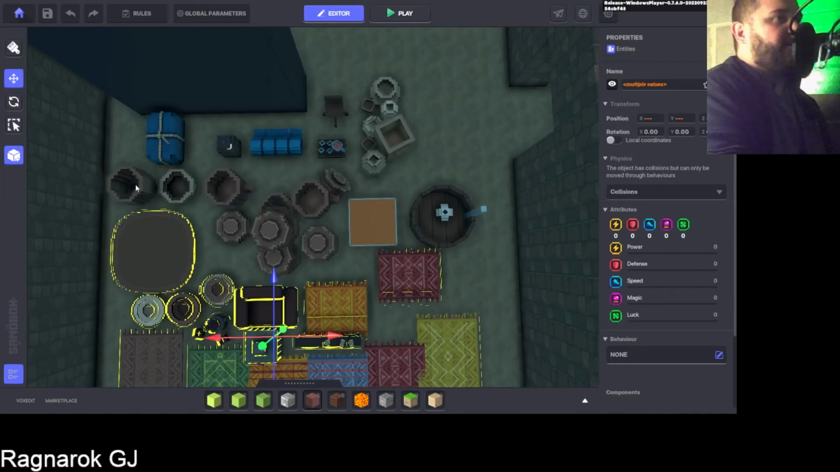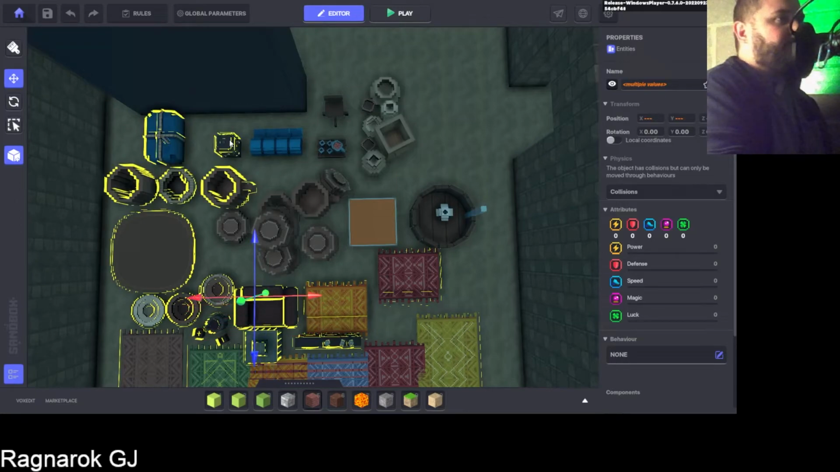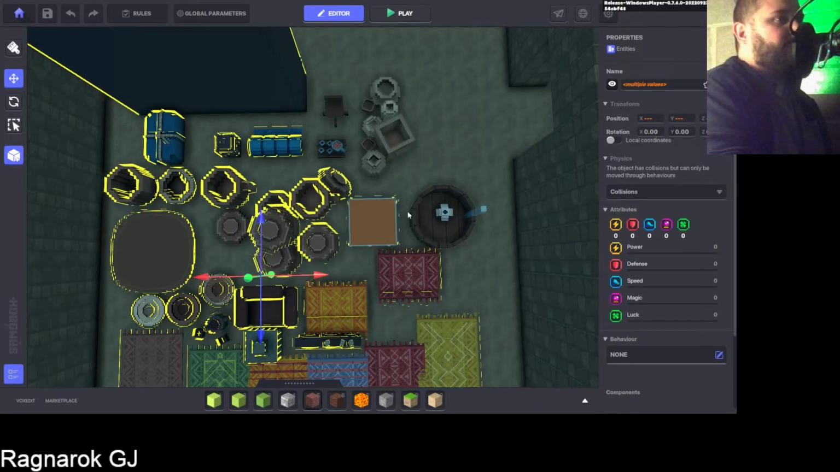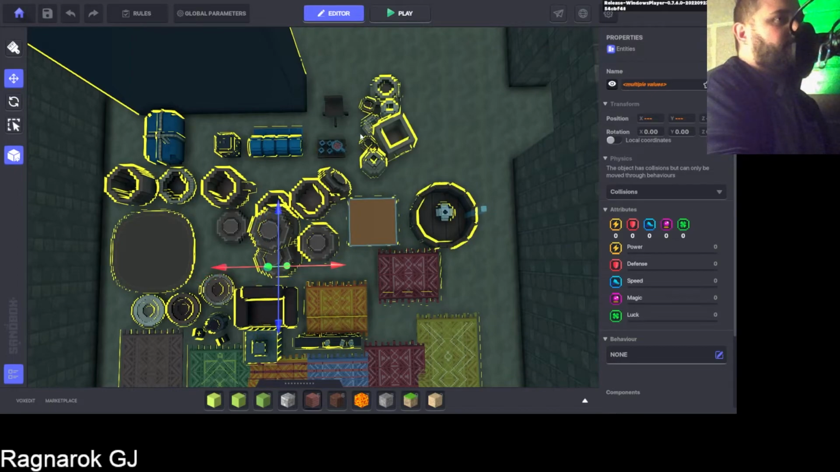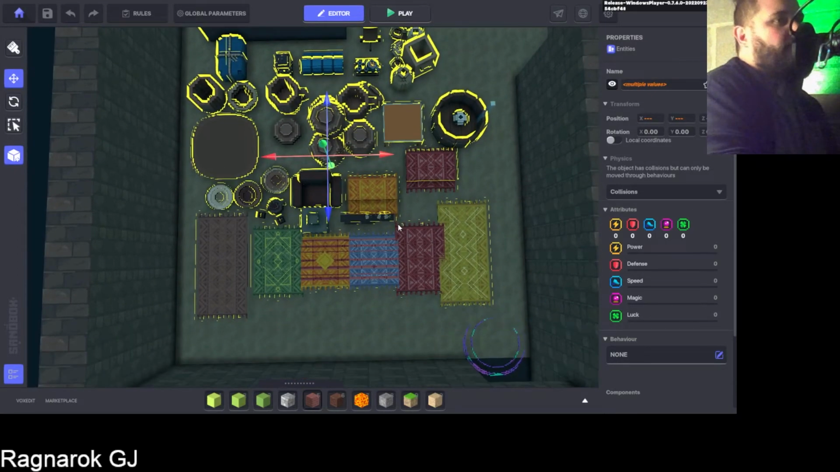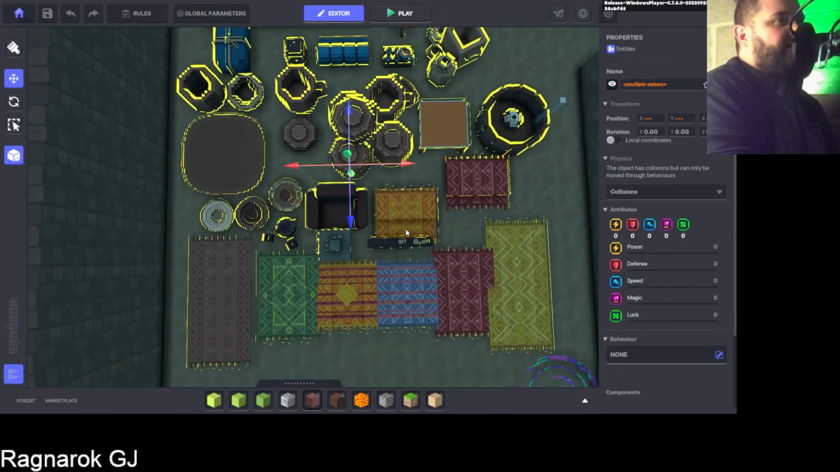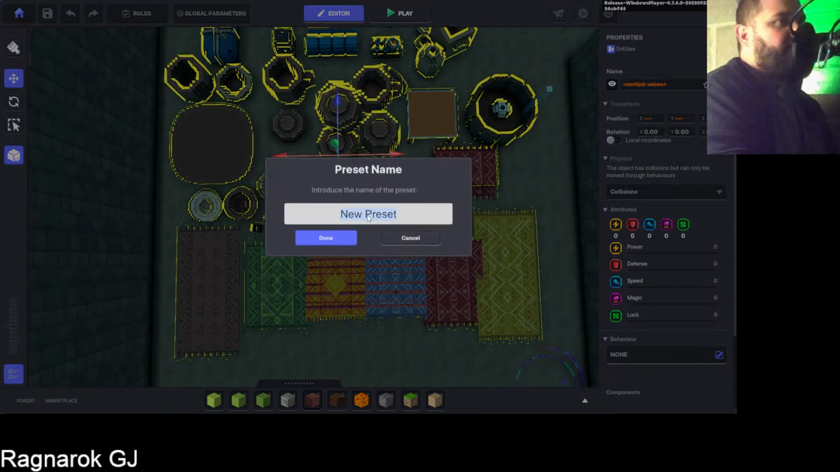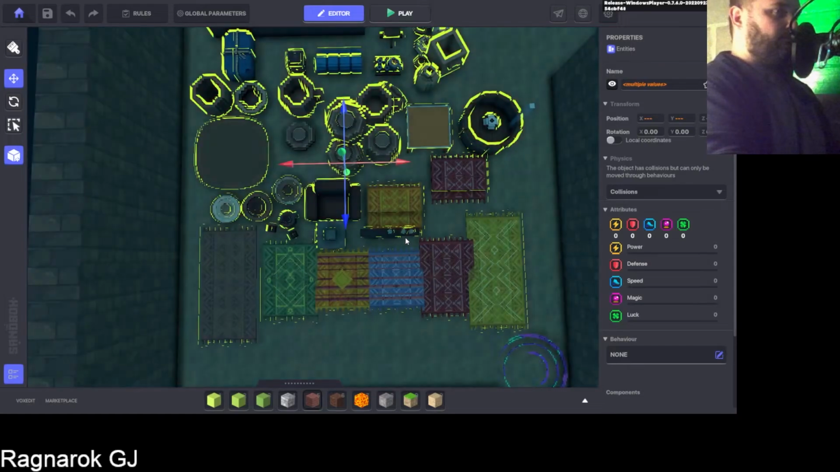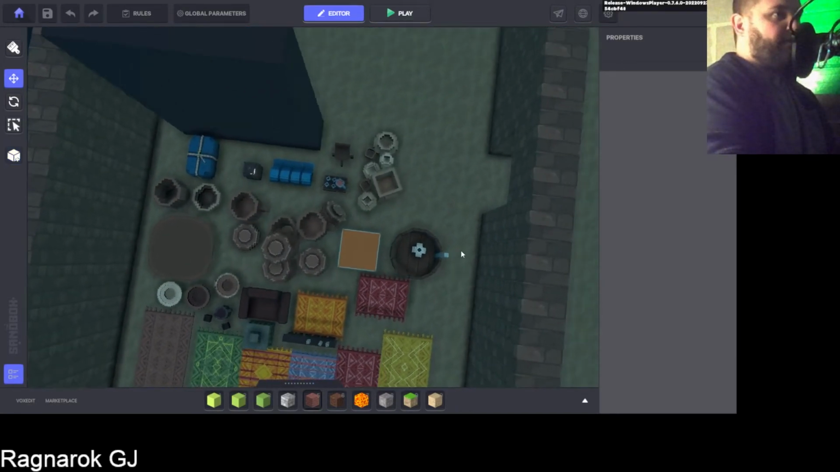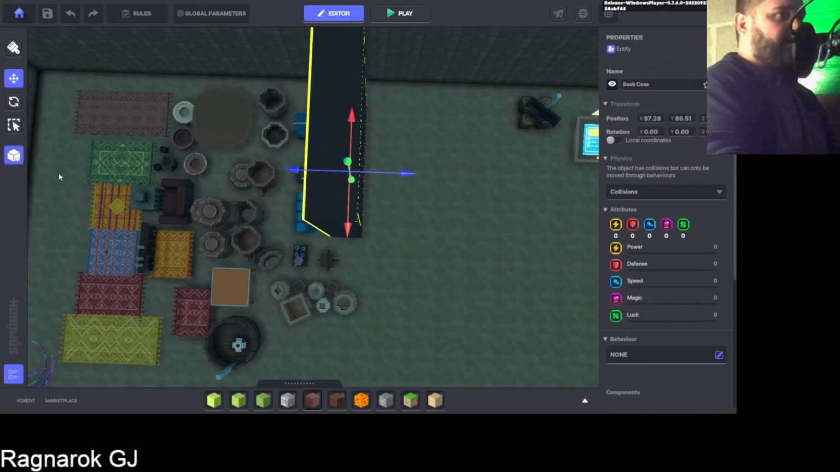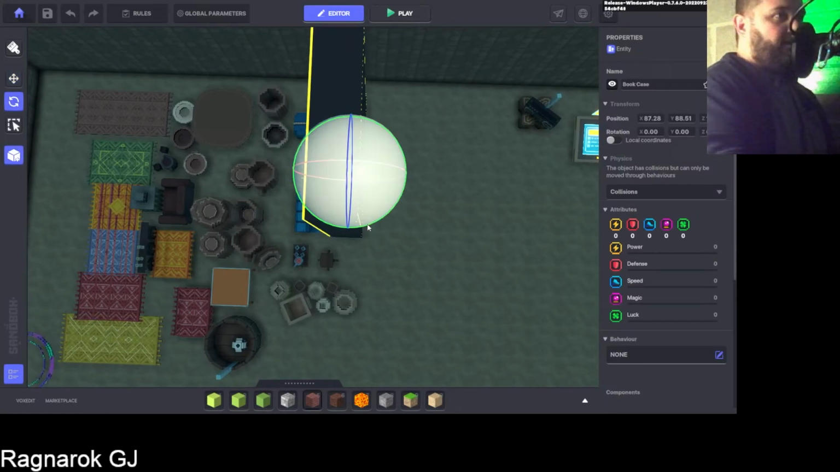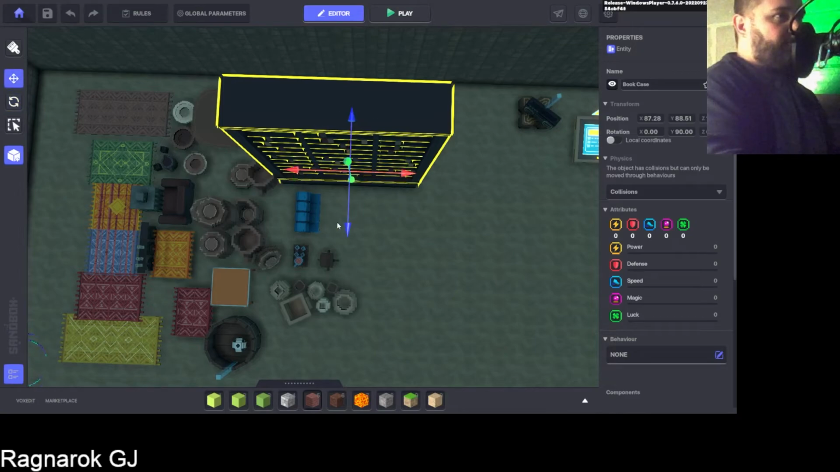So I'm selecting all these assets. And once I have them all selected that I want to use, I'm going to hit the preset button over here, create a new preset, and I'm just going to call this the home builder. All right, and so what I mean by home builder is once I drop this somewhere, I can perhaps start